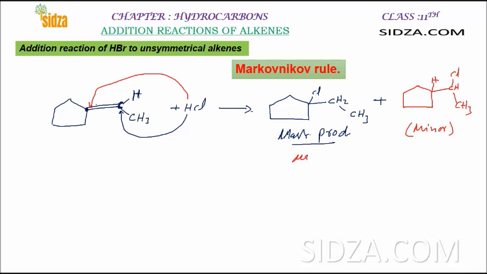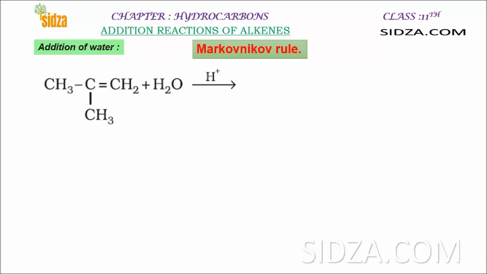This one will be a major product. Now let's see how the water molecule adds across a double bond. Addition of water again follows the Markovnikov's rule. Here again, the hydrogen is added to that double bond carbon that has more number of hydrogen atoms. Okay, so that means